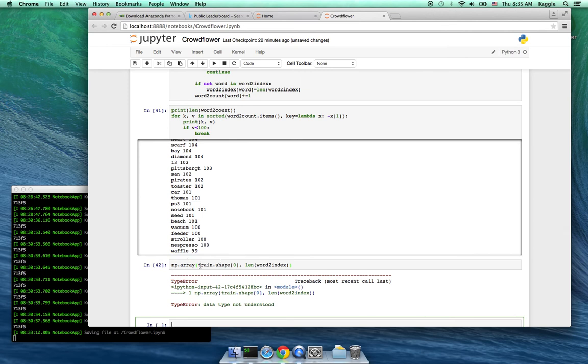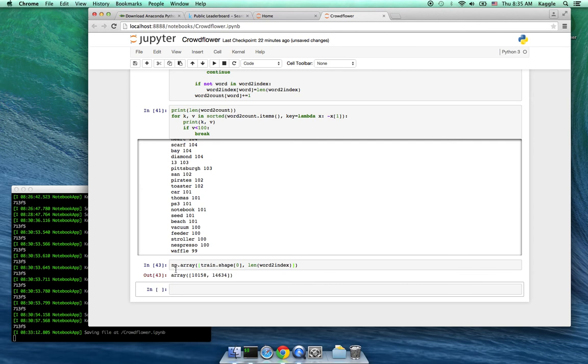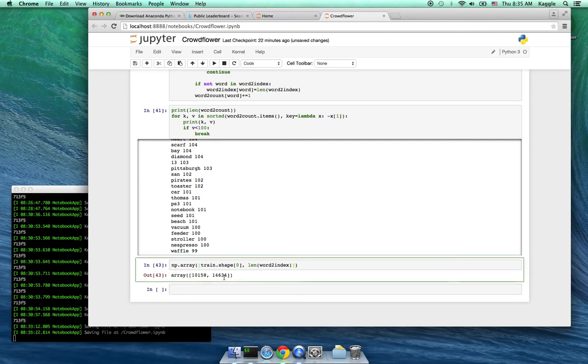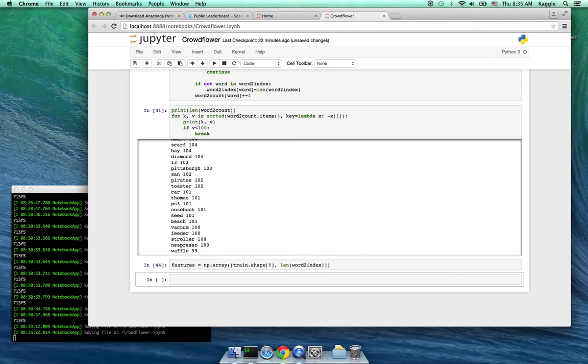Data type not understood. Do I have to pass it as an array? Yes. So we have 10,000 training examples and 14,000 features. What we do now is, let me think. We should probably take